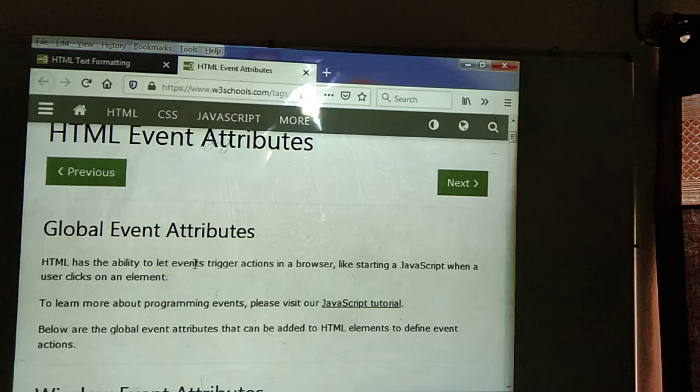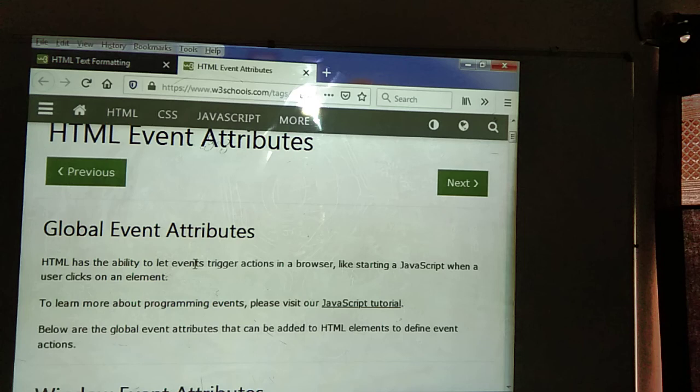Below are the global event attributes that can be added to an HTML element to define event actions. Below we have given a list of attributes to perform some action. First we can see the form events. Whenever we are preparing some forms, we can also perform some actions. Those events we call form events.